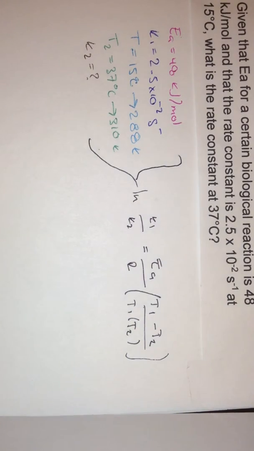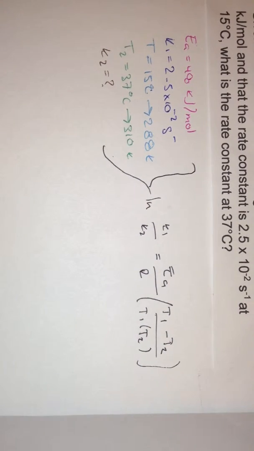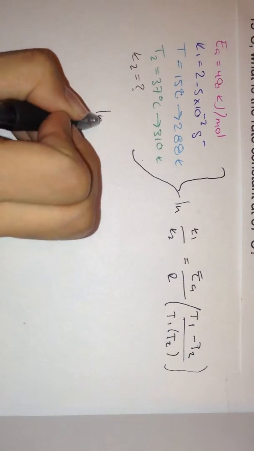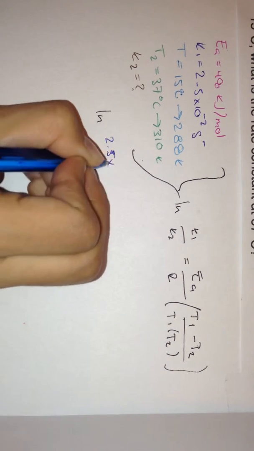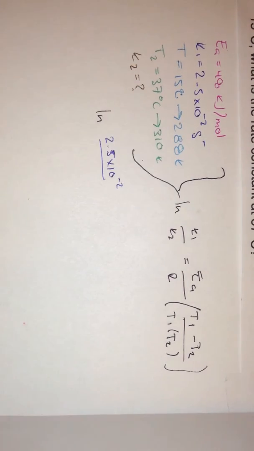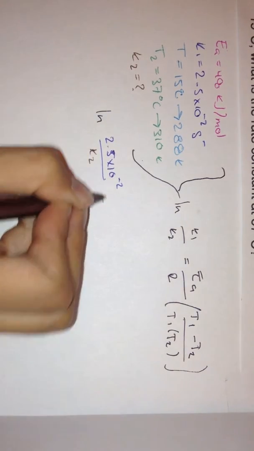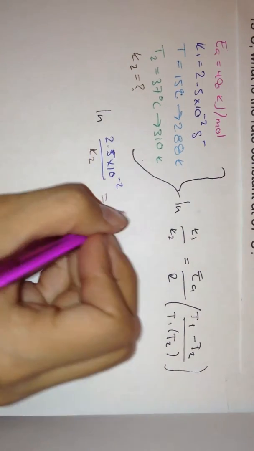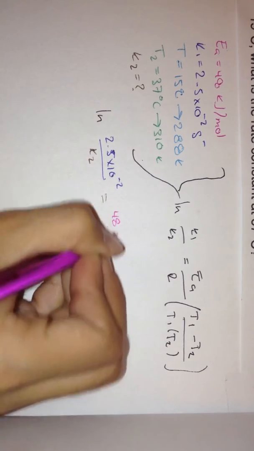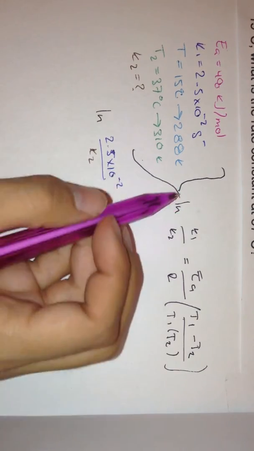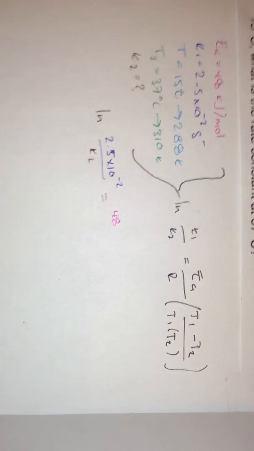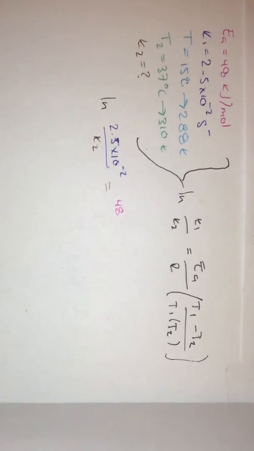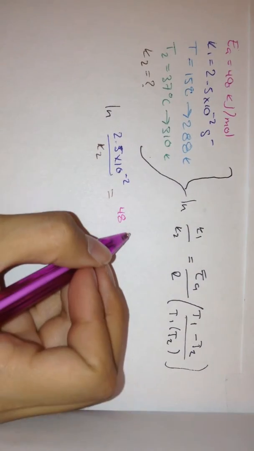Since we know most of these values, all we have to do is plug them in, and our equation looks like this. And since our activation energy is given in kilojoules instead of joules like it should be, all we have to do is convert them